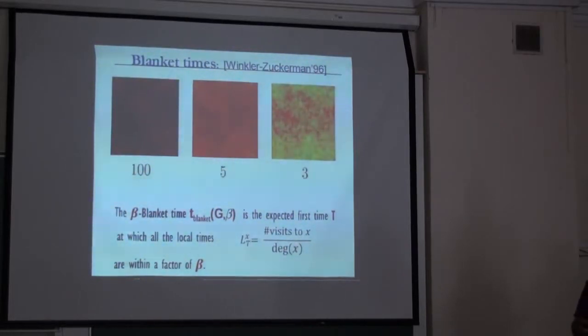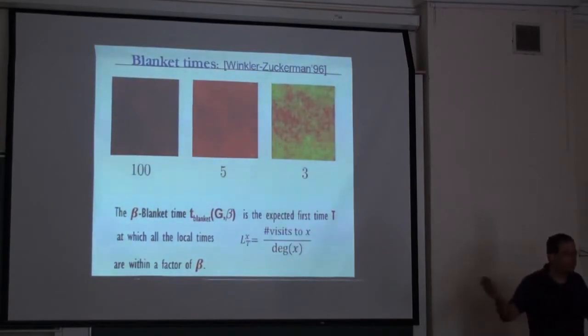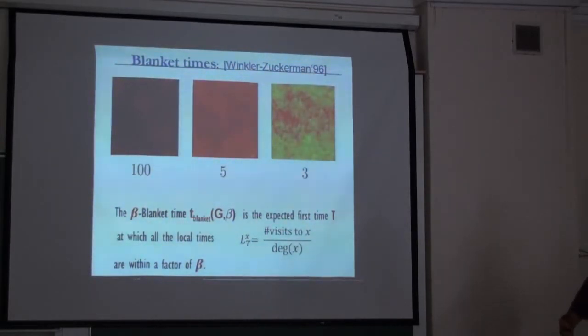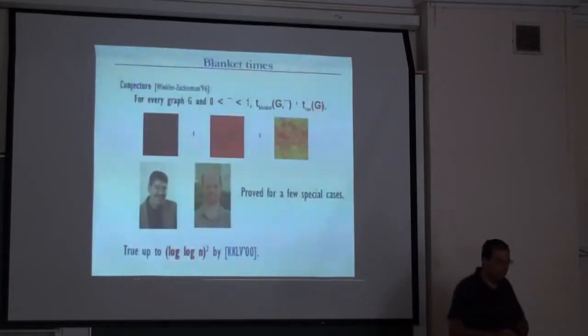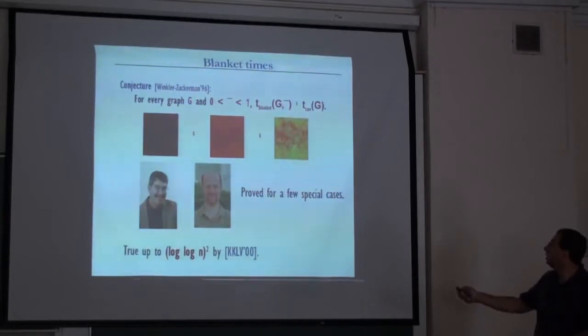But that's the asymptotic version, and they asked how long till this ratio is, say, less than 2, or less than beta. How long does that take? We have to wait until the cover time, but do we have to wait till a large multiple of the cover time? So they analyzed a few examples. Like for the complete graph, you just wait for twice the cover time and you're fine. And then they looked at the cycle and one or two more examples. In all these examples, a constant multiple of the cover time was enough. And then they conjectured that in general,